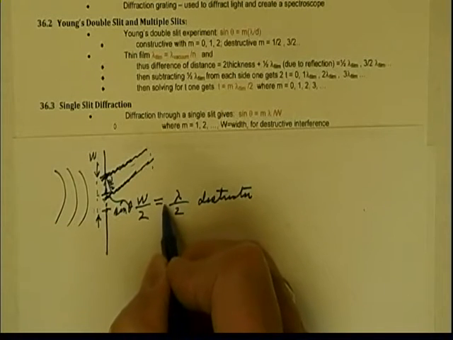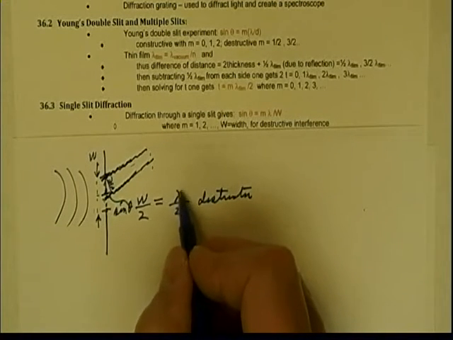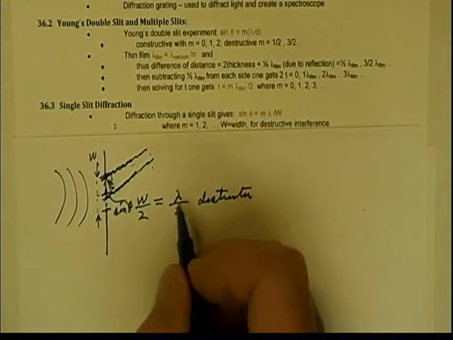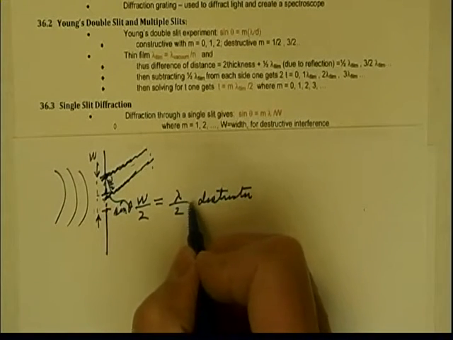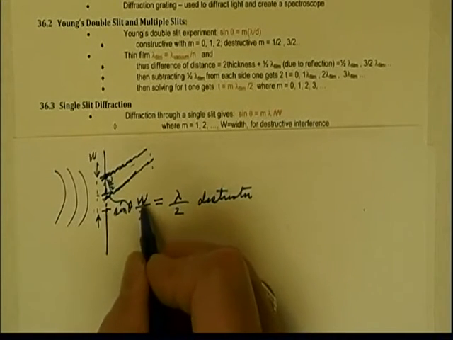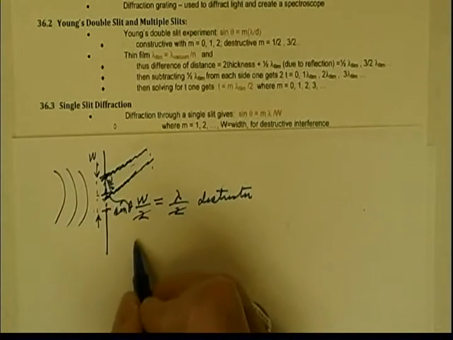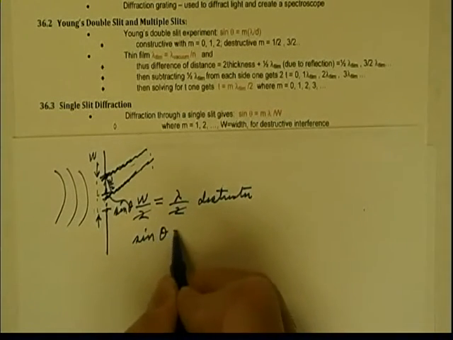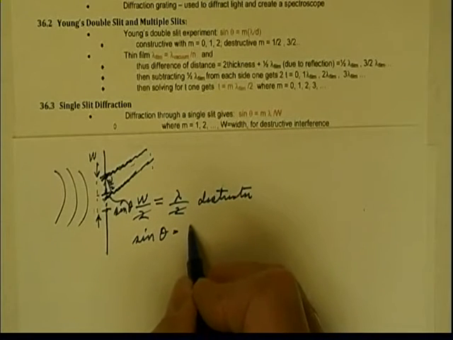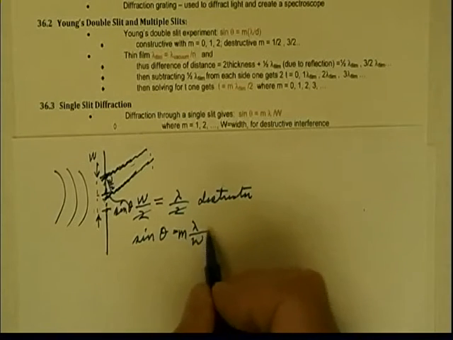Or if it's an integer multiple of lambda over 2, which would be 3/2 lambda over 2, and so forth. Let's just take this first one, so we can cancel the 2 out here and write that sine theta is going to be equal to lambda over W times an integer m in order to get destructive